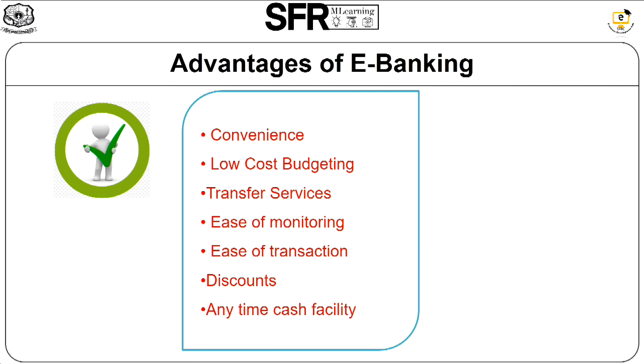So, this is one of the advantages of e-banking. And ease of monitoring. In case we make any mistake while doing an e-banking transaction, it can be identified and rectified immediately, as we have the transaction receipt and all the data regarding the e-banking service. But in case of traditional banking, if the employee has made any mistake, it will be rectified a bit later compared to e-banking.